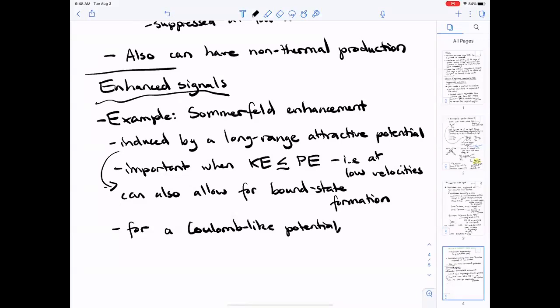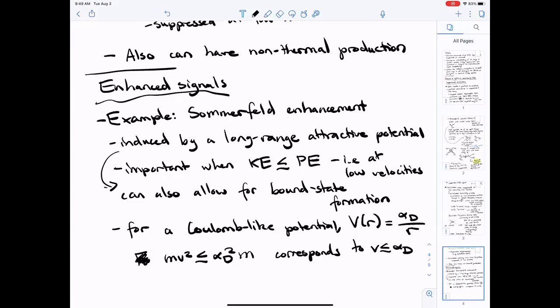So we can say that we have the potential V(r) = α_D / r. Then we can exactly solve for the Sommerfeld enhancement, which is the enhancement to annihilation from this long-range potential. What we find is that this kicks in basically where the kinetic energy is less than the characteristic energy. The Bohr energy of this potential is the coupling squared times the dark matter mass. So basically this kicks in for velocities less than the coupling.